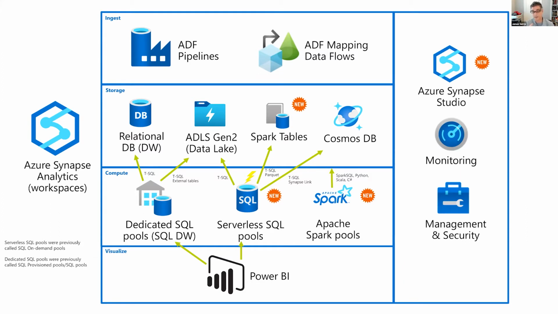There's also the option in here that if you create a Spark table with your Apache Spark notebook, you can query that data using the SQL serverless pool. So that's why we have an arrow there that points to the Spark tables from the serverless SQL pool. So I can create this Spark table with an Apache Spark cluster, and I can shut it down, but still access the Spark table through the SQL serverless pool. And this is because it shares the metadata between the Apache Spark tables and the serverless SQL pool.